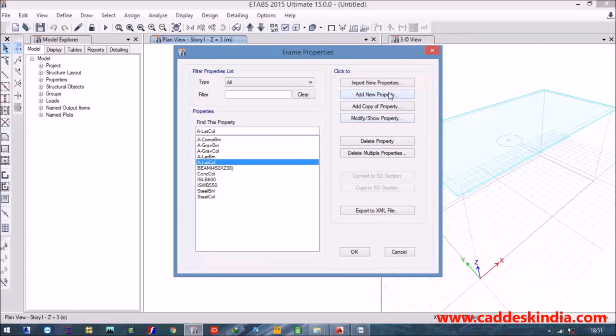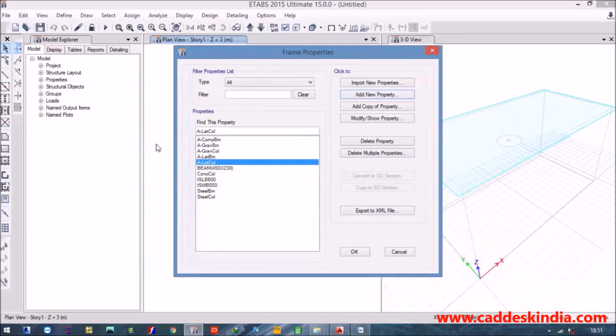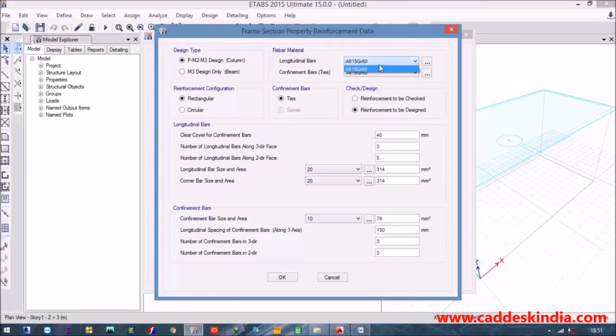Again set the column properties. So you can add the new property, and this is my concrete, and suppose for my columns, 300 by 450 is my size of the columns, and M20, and depth is 450 and width is 300. So this is my preview of columns, and select the reinforcement